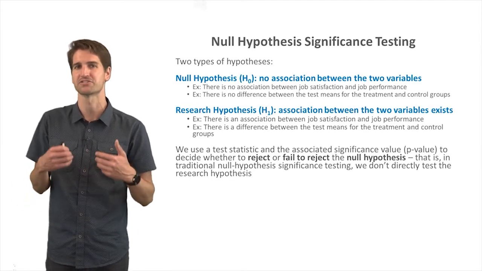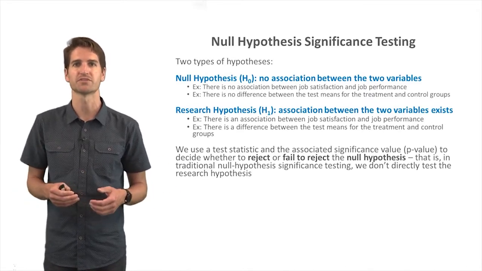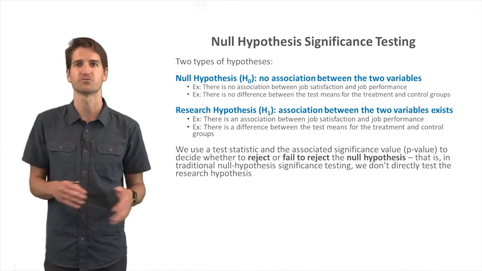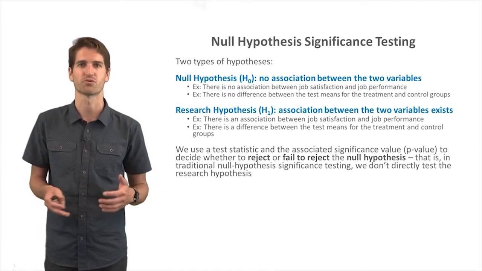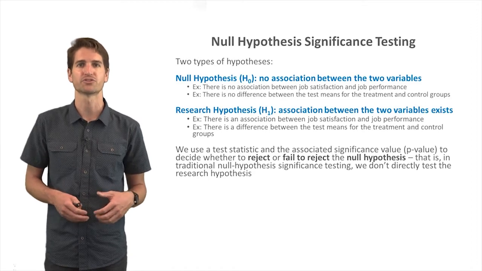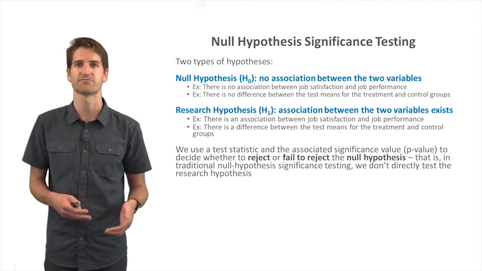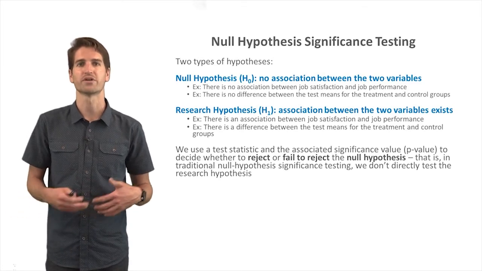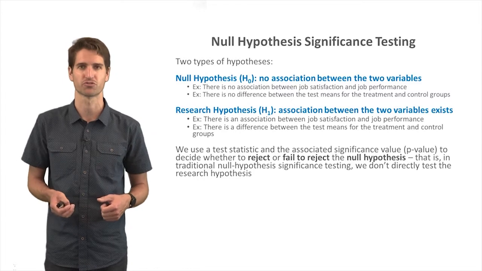We're typically interested in what's called the research hypothesis. The null hypothesis is typically that there's no association or no difference between two variables or sets of scores, or whatever the case might be. For example, the null hypothesis might be that there is no association between job satisfaction and job performance, or another example, there is no difference between the test means for the treatment and the control groups,